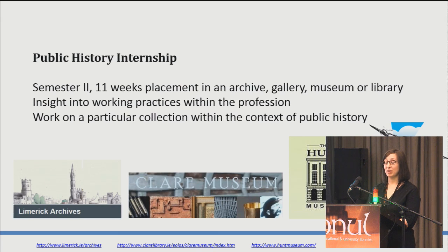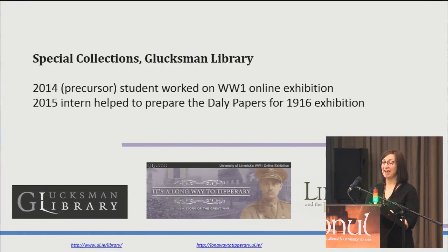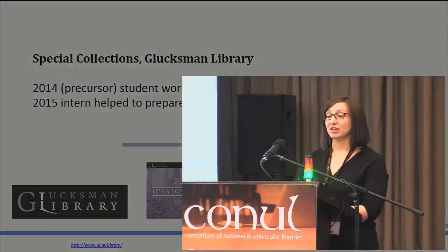And some of the organisations involved are Limerick History, or Limerick City and County Archives, Clare Museum, the Hunt Museum, and Foynes Flying Boat and Maritime Museum, and of course the Glucksman Library. And in 2014, which was a precursor to the programme itself, we had a student working with us, and he was interested in the First World War. So he worked on a lot of material that we used then for our Long Range Tipperary online exhibition, and it worked very well. So when they were developing this programme, we were delighted to take an intern last year,